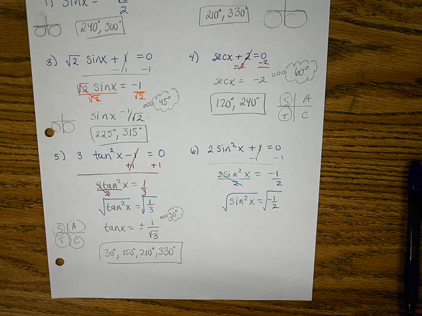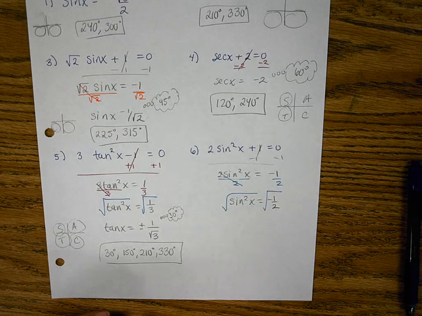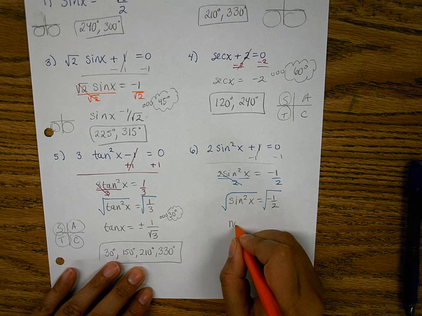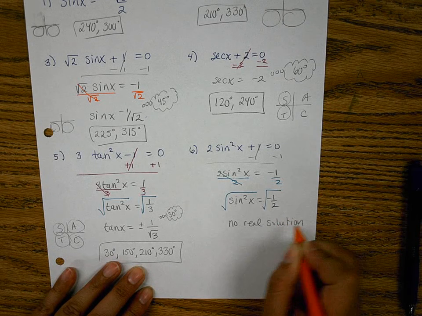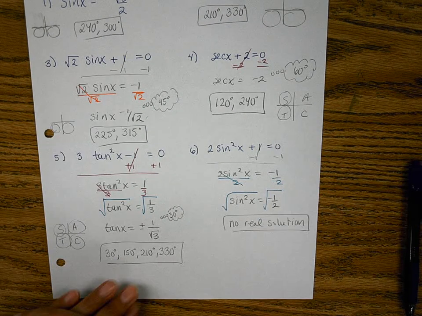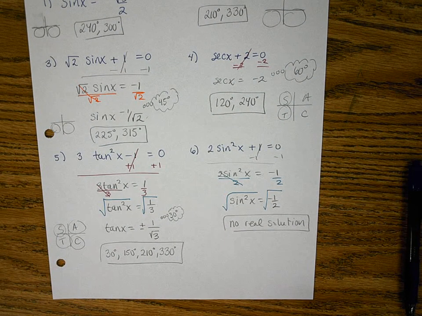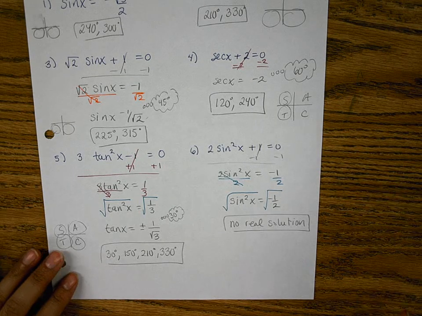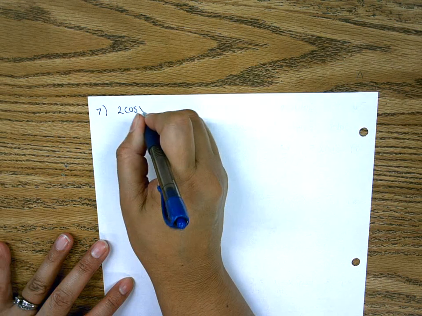And oh no, we run into a problem. We don't use imaginary numbers when we're dealing with these trig type problems, and we can't take the square root of a negative, so that means there is no real solution. Okay, why is there no solution? Because you can't take the square root of a negative. All right, I'm going to move on. Number 7,